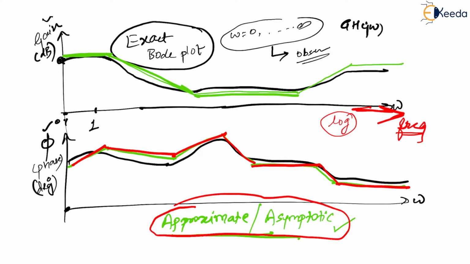Just for the time being, let me assume that this axis is linear. If it was linear, what is the slope of this particular line? Definitely the slope would have been y2 minus y1 upon x2 minus x1. But since now it is a logarithmic scale, where x2 and x1 are plotted on a log scale, there have to be some changes. What are the changes? We will try to see them now.